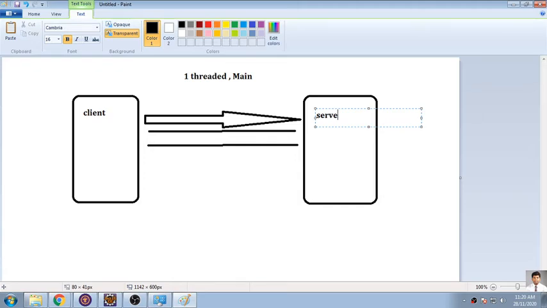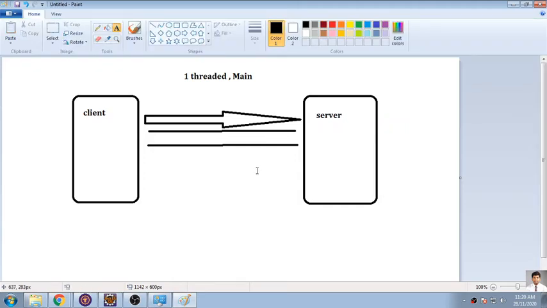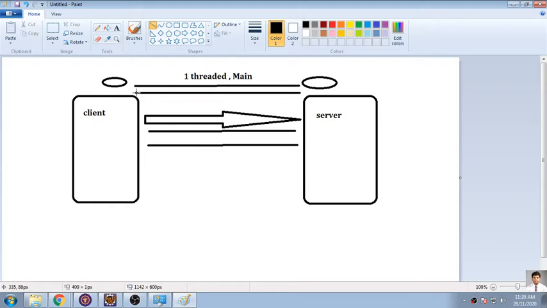Whenever I want to do a simple program, just what we have seen yesterday, I will be accepting some message from this. This message will be transferred to the server, and after that the server will send something, again retransmitted back to the client. So only one thread will be transferring your control from client to server and then server to client.